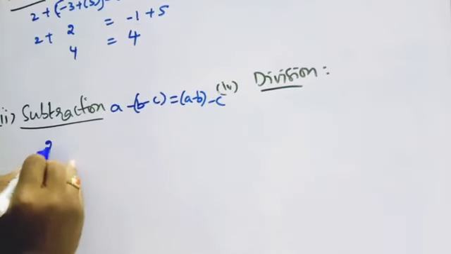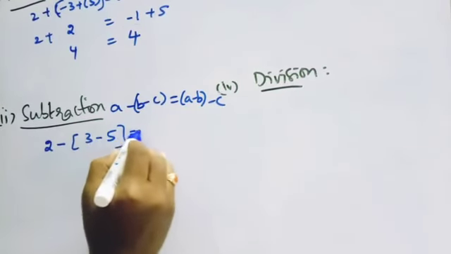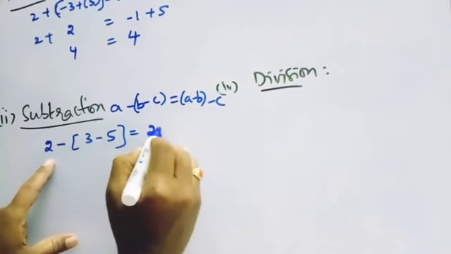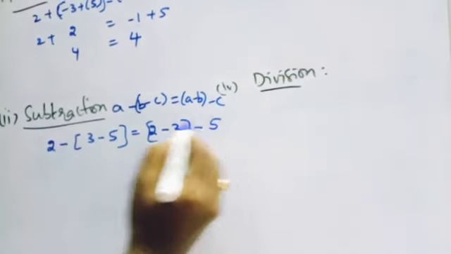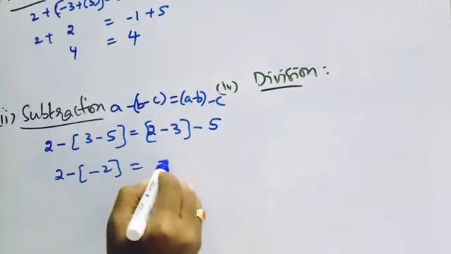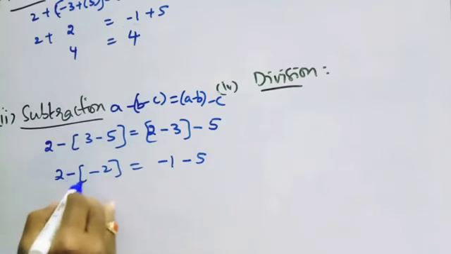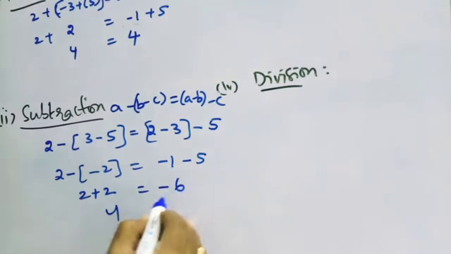So now we can take the example 2 - (3 - 5) and (2 - 3) - 5, where I am taking a = 2, b = 3 and c = 5. Here 3 minus 5 is -2, so 2 minus -2 is 4 on the left side. On the right side, 2 minus 3 is -1, then minus 5 gives -6. So these are not equal. From this example we can say that subtraction is not associative for integers.